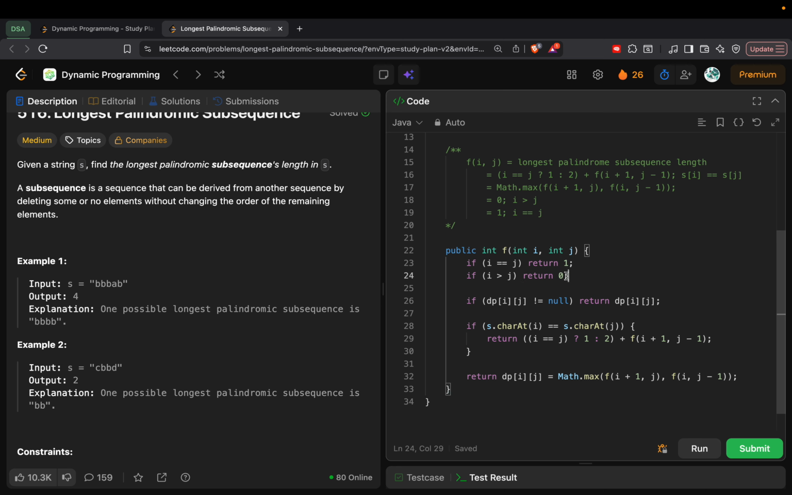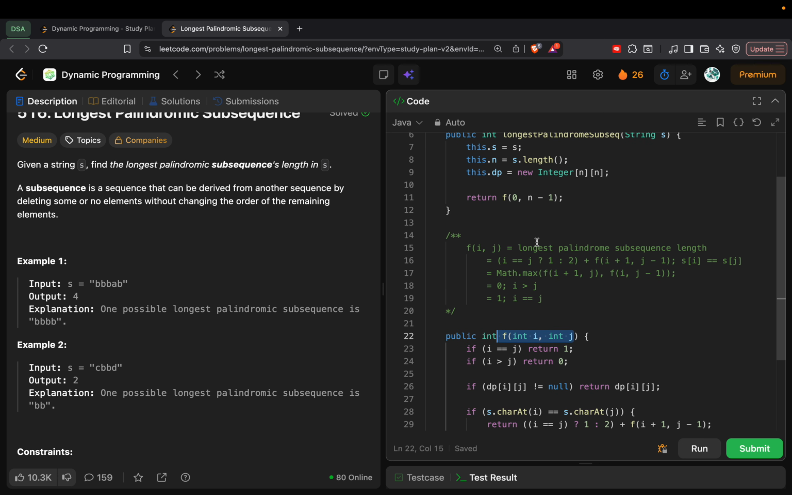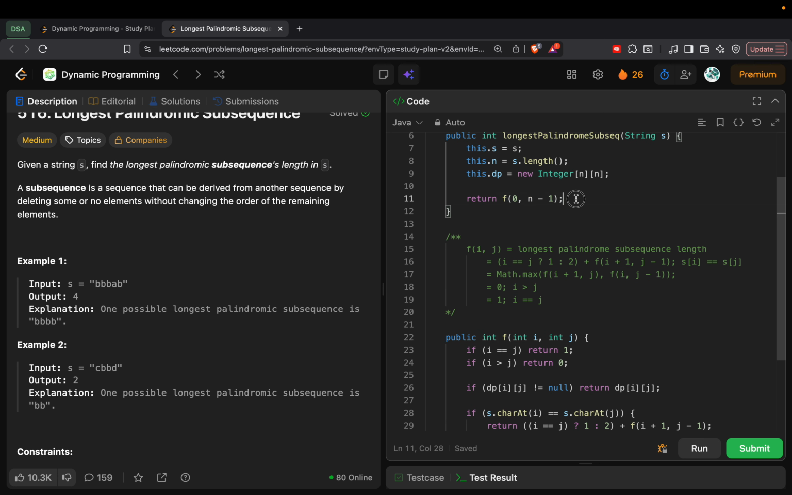And if i is greater than j, return 0, or else if the characters at i and j are equal, then this is what my answer will be coming from. And if both are not equal, then my answer will come from this. If you draw the tree diagram for this recursion, my answer will basically lie from 0 to n minus 1, right? So if you draw the tree diagram from f of 0 to n minus 1,